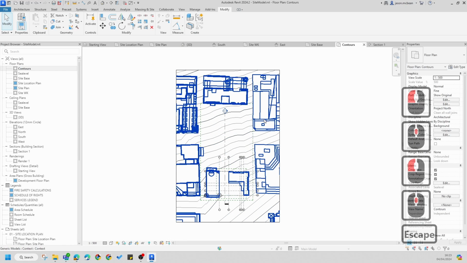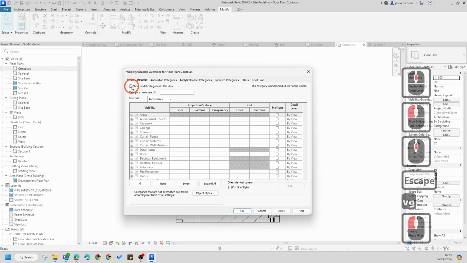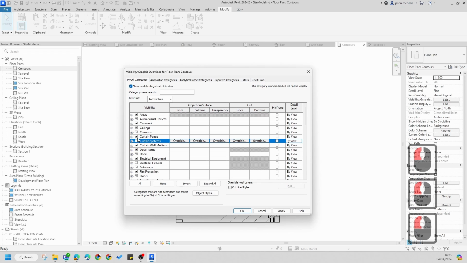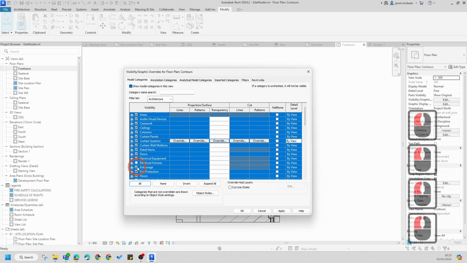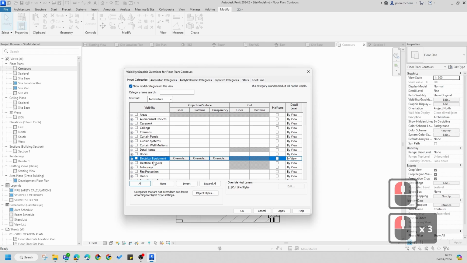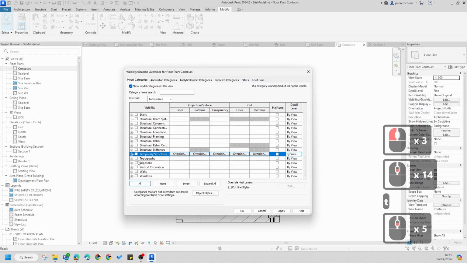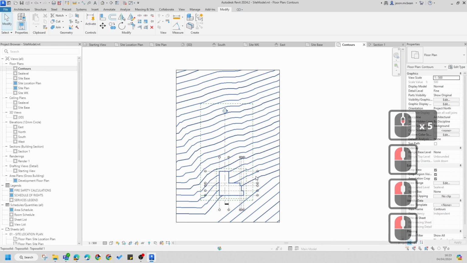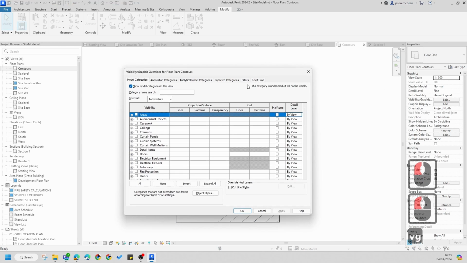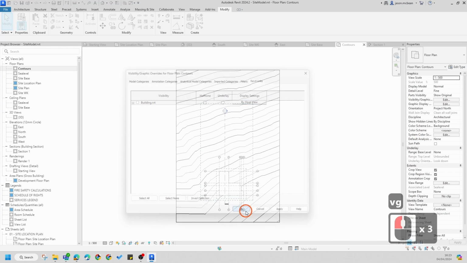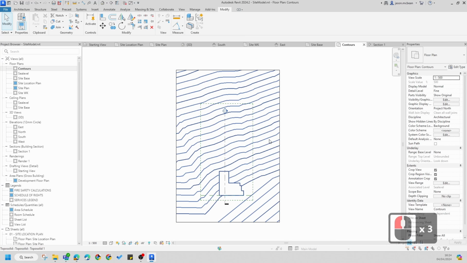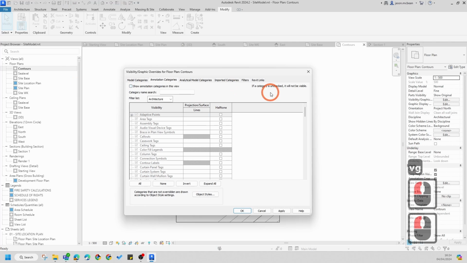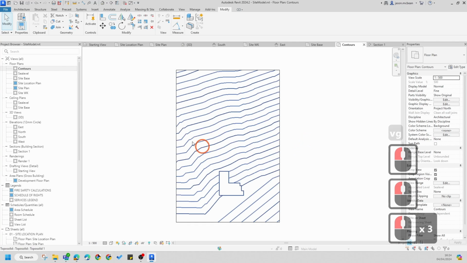now if I go and hide everything in this view, so all I want to see, switch off everything in the view, sorry, keep this on, press select all, and untick all of these for now in this view, and I'm going to go to Toposolid. I'm going to switch that on, press apply, because I just want to see my Toposolid. Remember VG, I don't want to see any Revit buildings, and I want to hide any annotation objects as well. So VG, annotation, I'm going to switch off the whole category so that it's never visible in this view for